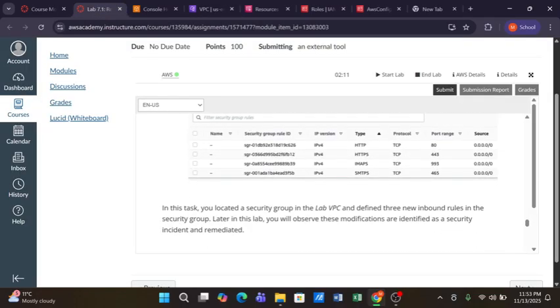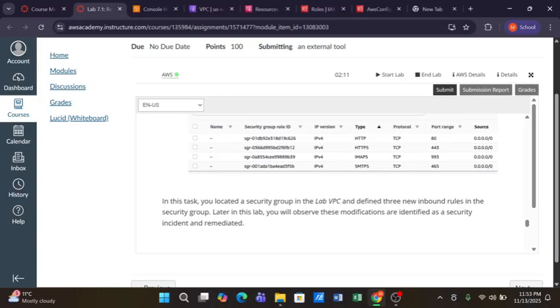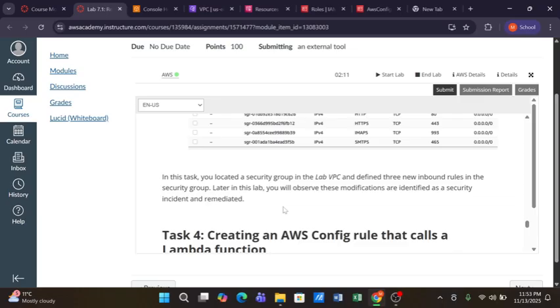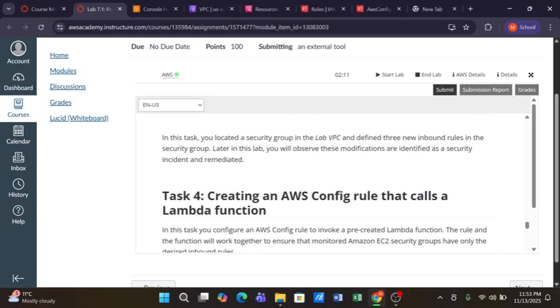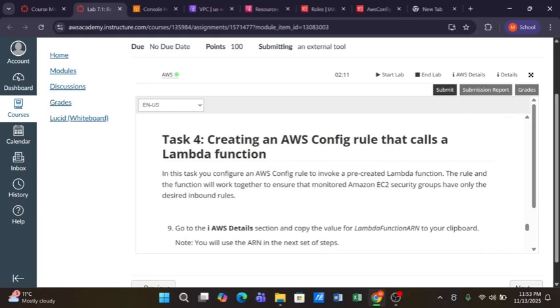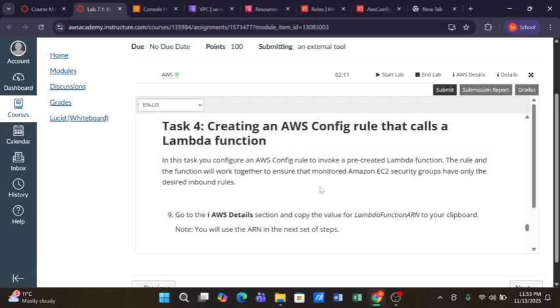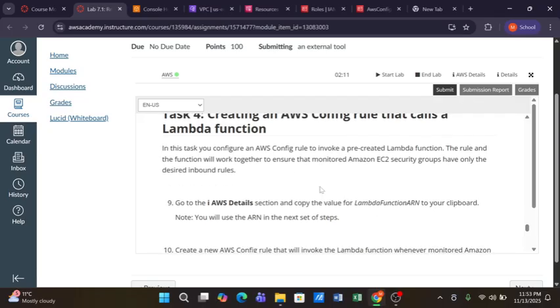In this task, we located a security group in the lab VPC and defined 3 new inbound rules in the security group. Later in this lab, we will observe these modifications are identified as a security incident and remediated. So now moving on to task 4, which is creating an AWS Config rule that calls a Lambda function. In this task, we will configure an AWS Config rule to invoke a pre-created Lambda function. The rule and the function will work together to ensure that monitored Amazon EC2 security groups have only the desired